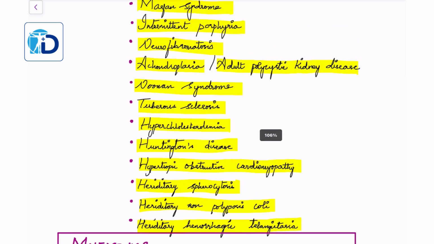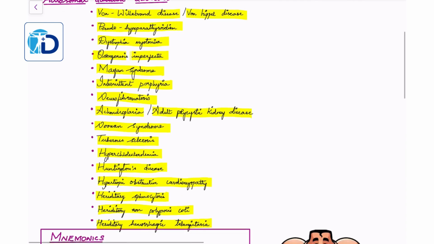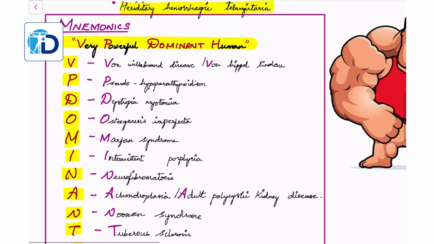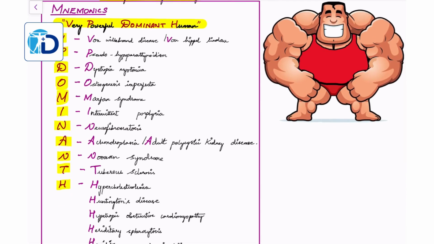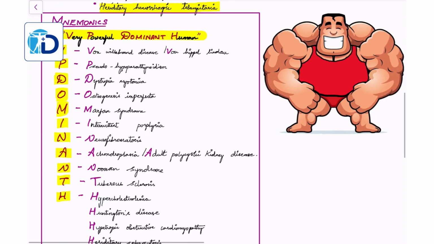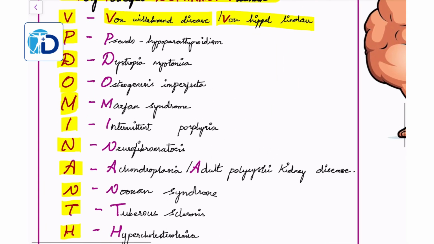So these are all the list of autosomal dominant disorders, and here is an easiest mnemonic way to remember the list of these diseases. Here the mnemonic term is very powerful dominant human. So very powerful dominant human is the mnemonic line to remember the list of autosomal dominant disorders. So here V for von Willebrand disease or von Hippel disease, and P for